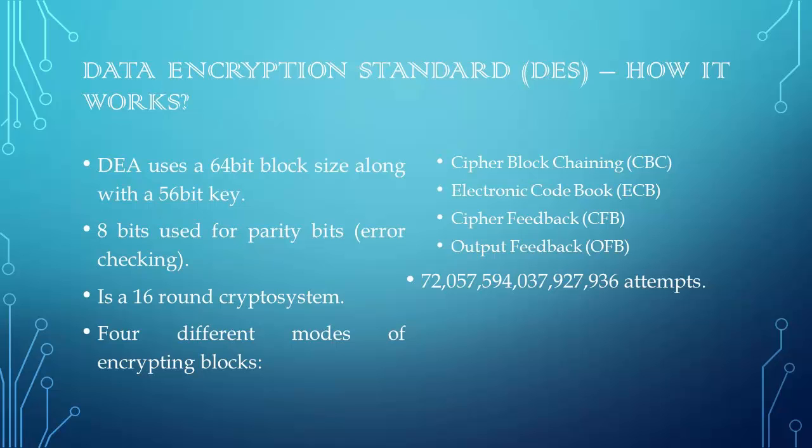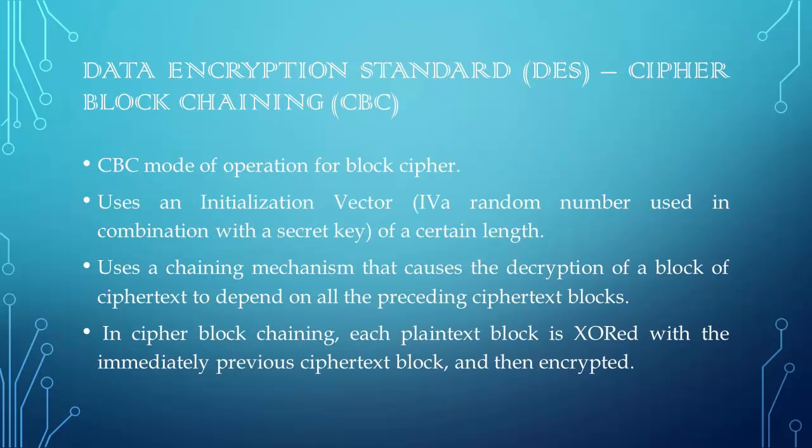Hence, it would take a maximum of 2 to the power of 56, or 72 billion plus attempts, to find the correct key. Although the number of attempts is really high, large numbers of computers cooperating over the internet could try all possible key combinations. Because of this vulnerability, the US government has stopped using DES since November 1998. So, cipher block chaining